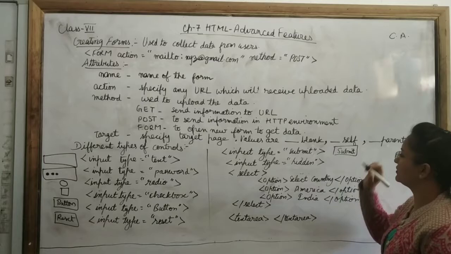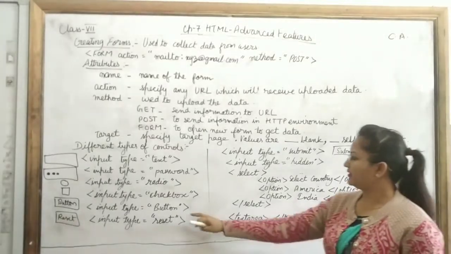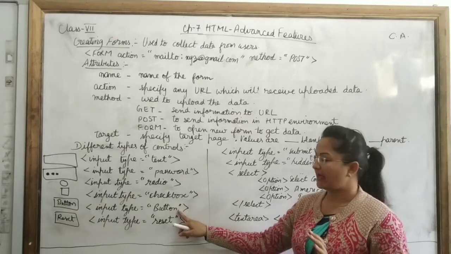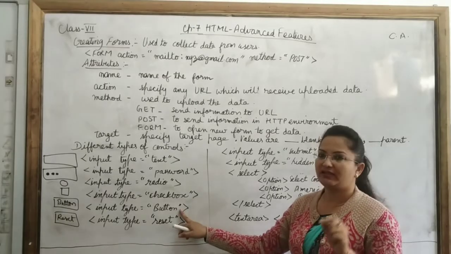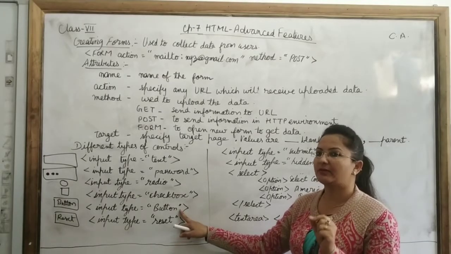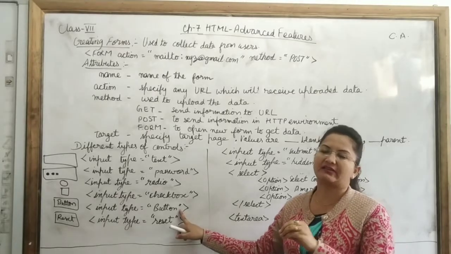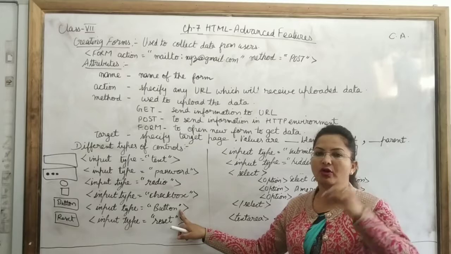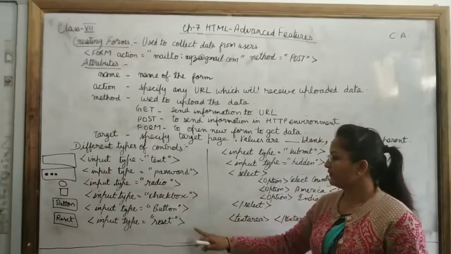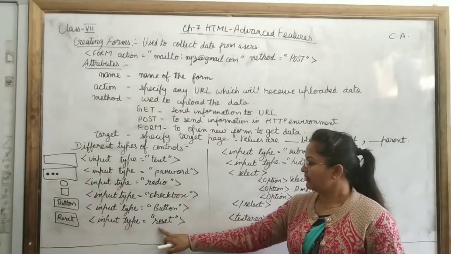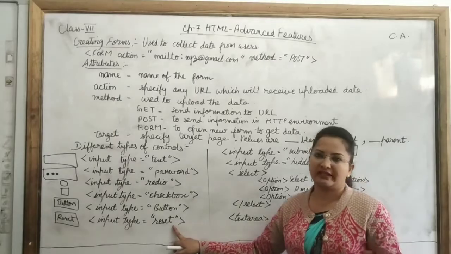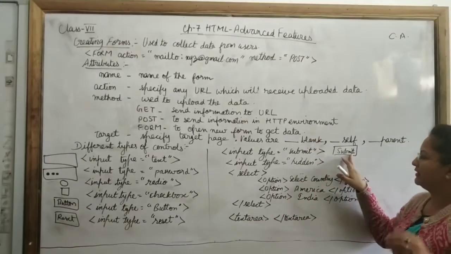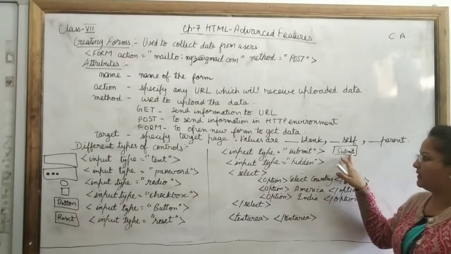I have already told the uses of these. Button is used to simply show the button in the web page, and when we want, we can add client side script with this button. Like on click, we can generate some code, then on release or on hover, etc. We can add code to it. Now reset, I have already told you, is to clear the form. Then submit. Submit is to submit the form. Data will be sent to the next page.